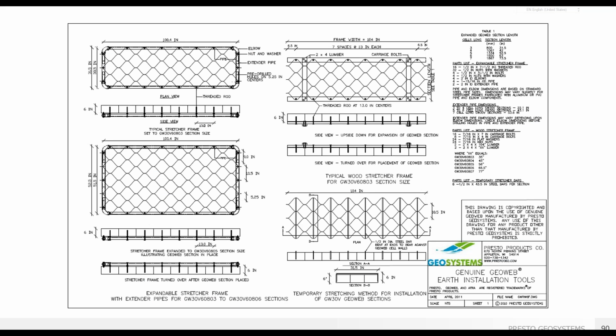Building a stretcher frame is a definite best practice for geocell retaining walls, and we have plans for wooden ones, ideal for walls with a constant cell size, such as most reinforced walls, or expendable ones that are better suited for gravity walls that have more cells at the bottom and less as the lifts are increased. Check out the Installation tab at prestogeo.com to download the full construction resource package or just the stretcher frame plans.